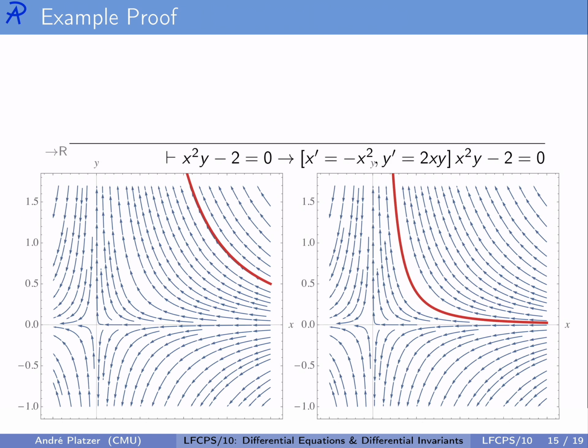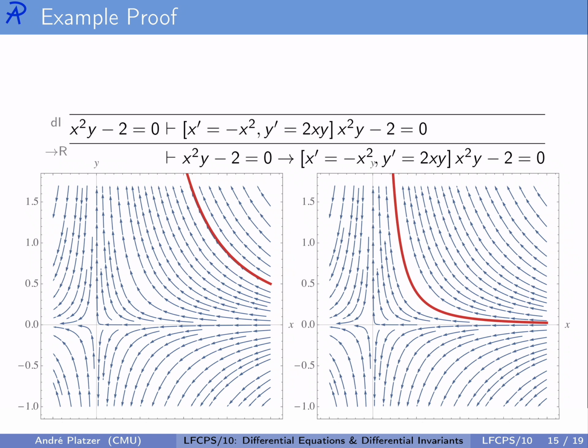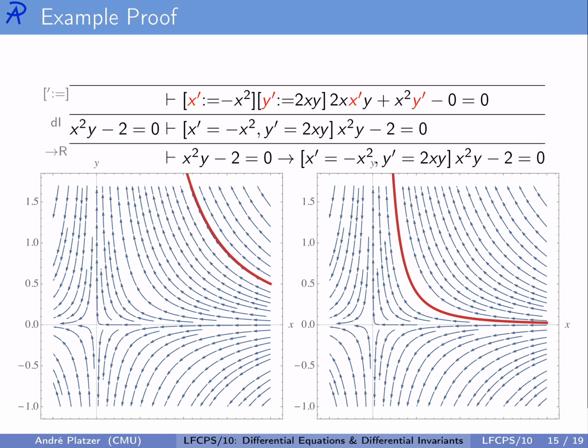Here's the question where we ask if we start where this is true, is this really always true after we're following a differential equation? x prime equals minus x squared, while y prime is 2xy. Let's push the assumption on the assumption stack with the implies right proof rule. And again, we prove that by differential invariance because I don't want to solve this thing. And so we take the differential of the post condition, which is the differential of x squared y, is 2x prime times the right-hand side plus the left-hand side x squared times the right-hand side derived, so y prime,